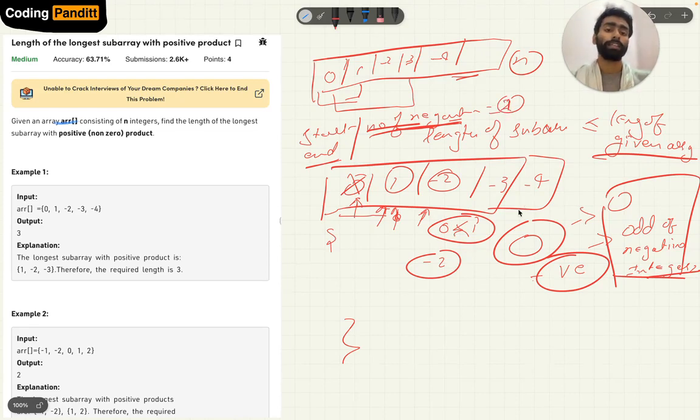We increment again and again come across a negative integer, so we increment the number of negatives. In this way we found the subarray which does not have any zero value in it, so at least we are sure that the product will not be 0.